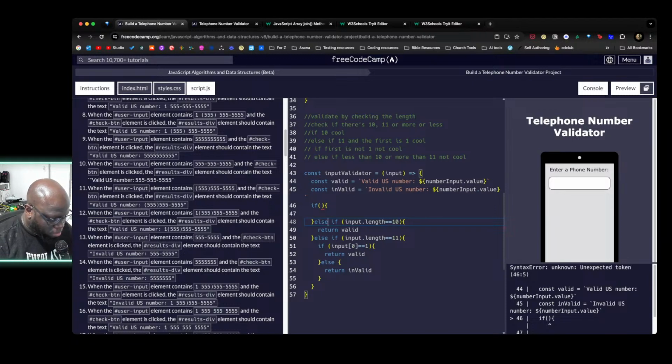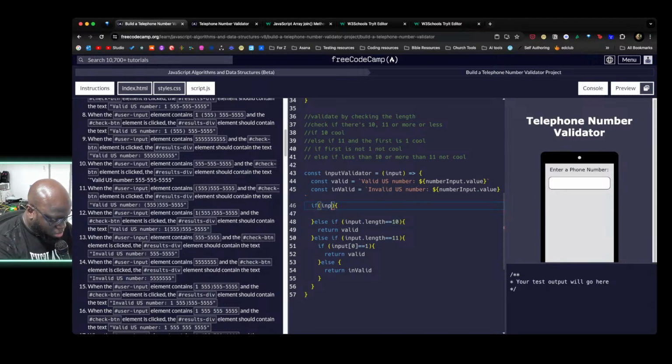Yeah, so if, let's say, input.length is less than 10 or input.length is greater than 11, return invalid. Else if it's 10, valid. Else if it's input.length,